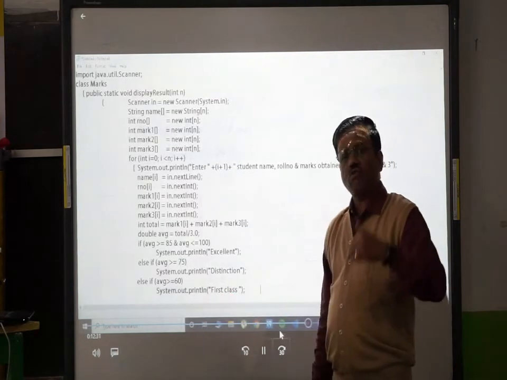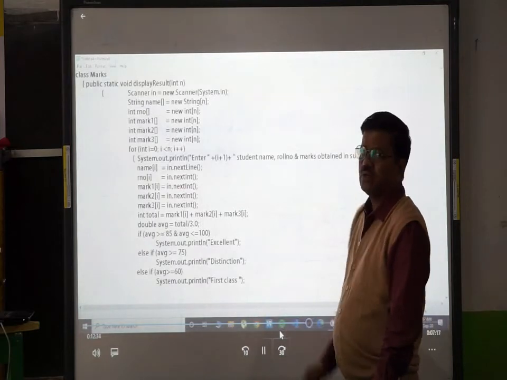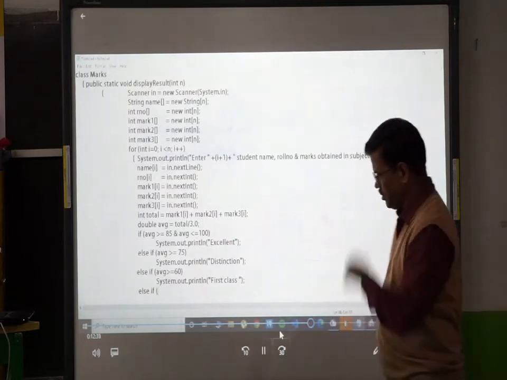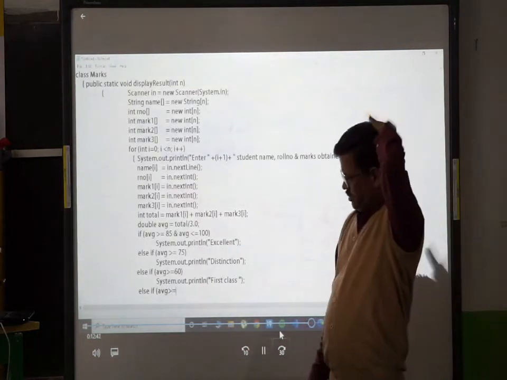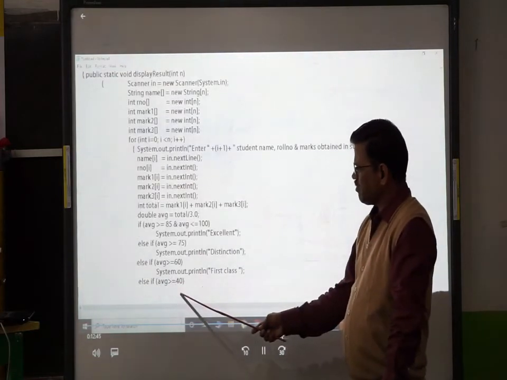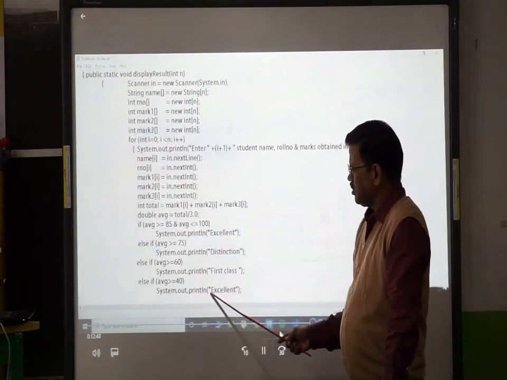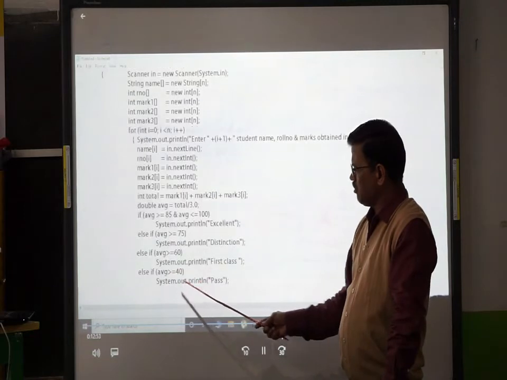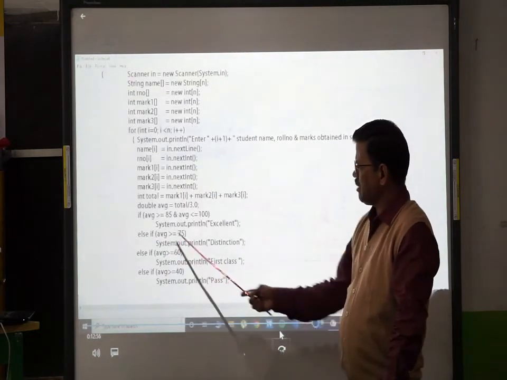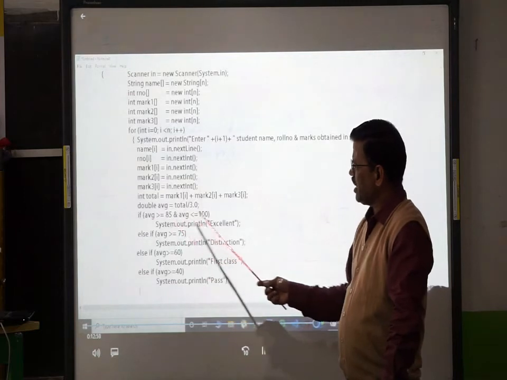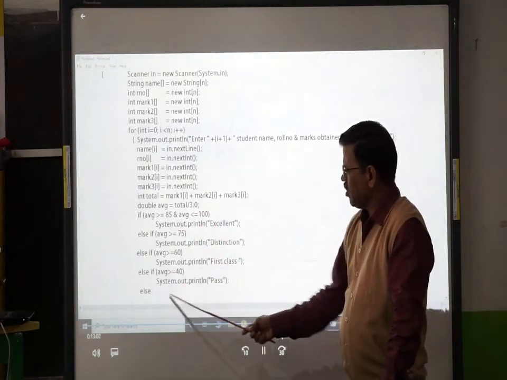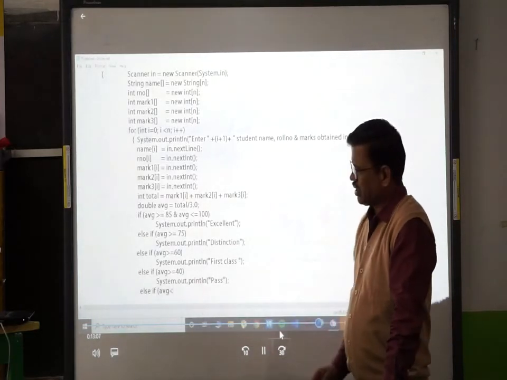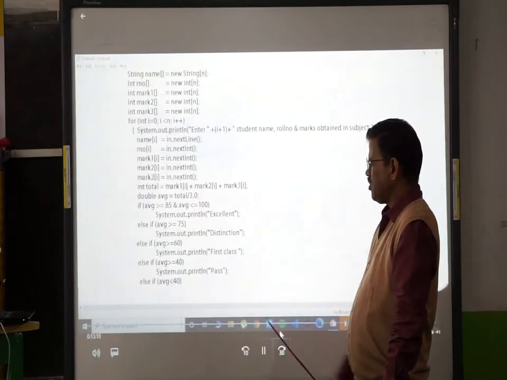If the average is 40 or above, you call them as pass. If the average is less than 40, it is fail. Above 40 means pass, above 60 means first class, above 75 means distinction, above 85 and up to 100 means excellent. Else, automatically, if less than 40, it will be failure or satisfactory, something